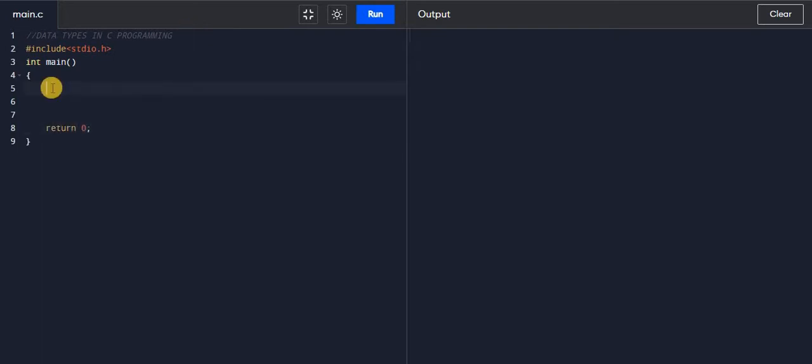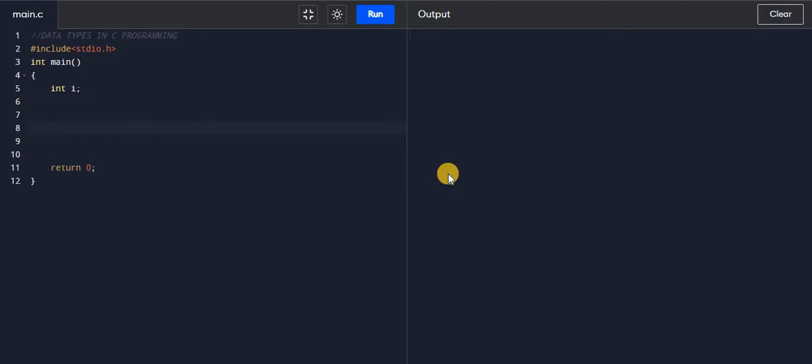Now first we have to find the size of the integer data type. For that we declare int i, and printf "size of integer is %d\n", where %d is the format specifier for an integer value, and \n is for the new line.